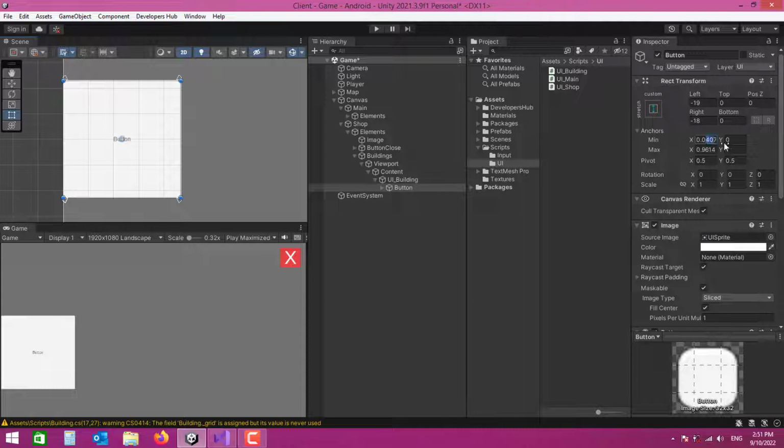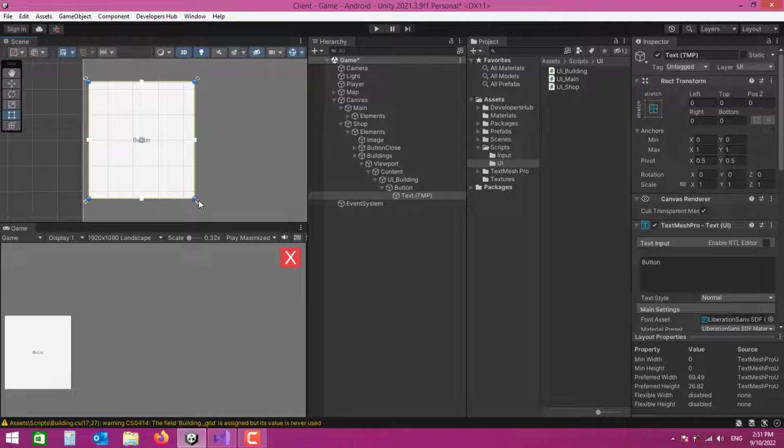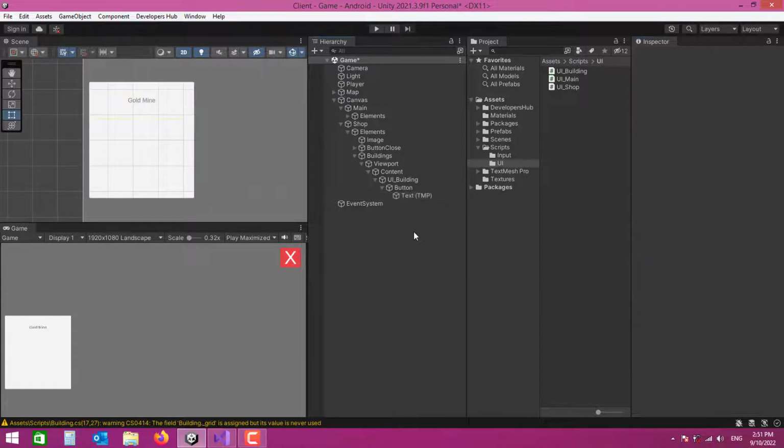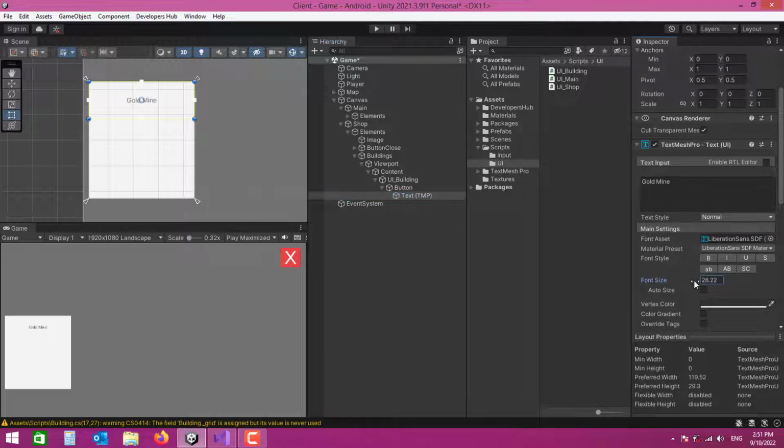So let's say 0.05 and 95. So that's good enough, and I'm gonna select the text. Let's bring it up here and say gold mine. Gold mine. So that's that. I'm also going to increase some font size,